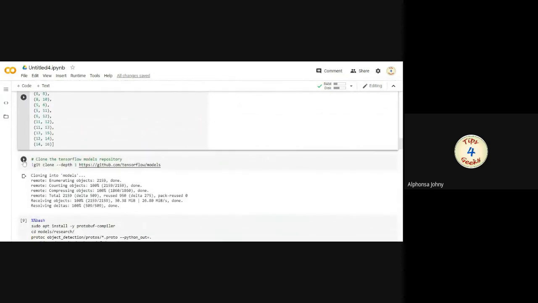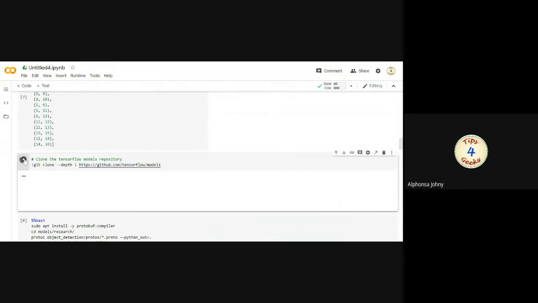Then the third step is to visualize the images with proper detected boxes, key points, and segmentation. We can use the TensorFlow Object Detection API. To install it, we will clone the repository. That is, we are going to clone the TensorFlow Object Detection API. For that, I am executing this code.